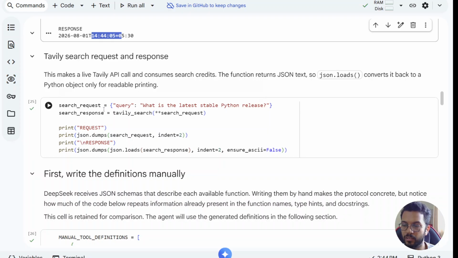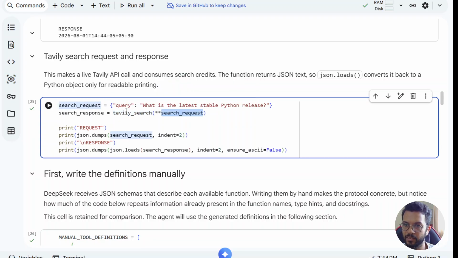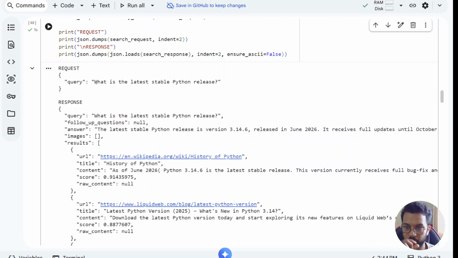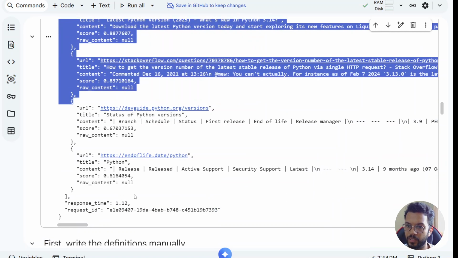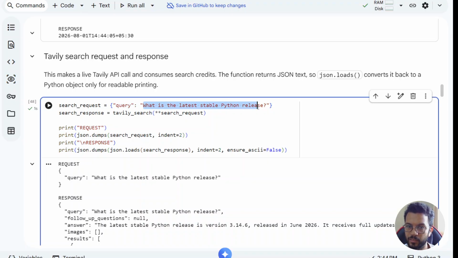Let's try to invoke this other function also that we had, the Tavily search. It takes query as input. What is the latest stable Python release? If you see, the request was this, what is the latest stable Python release, and then it shows the answer, and it also shows the results or the reference web pages that it referred to, and then here is the consolidated answer that it is giving. Now, if I ask this,